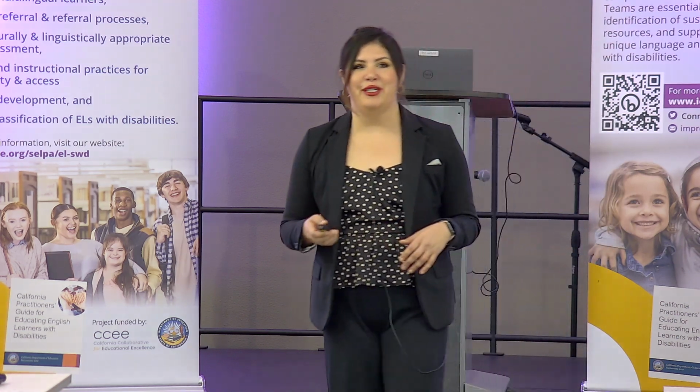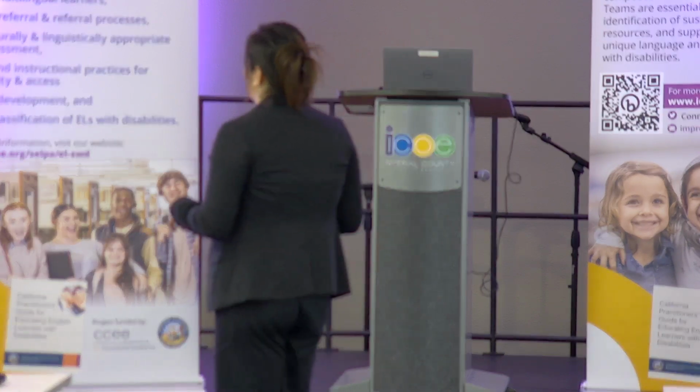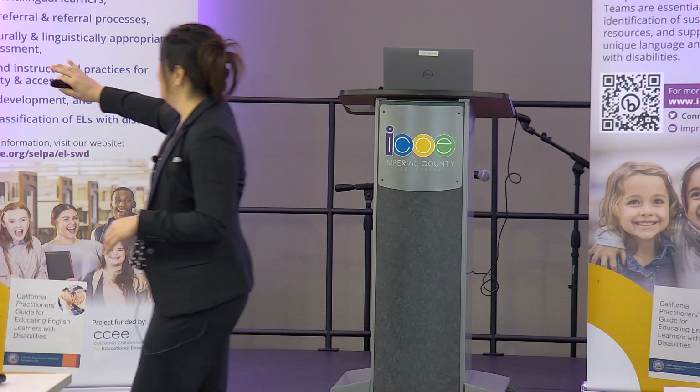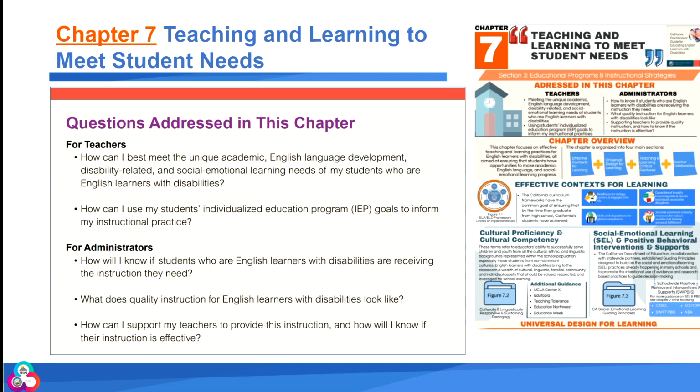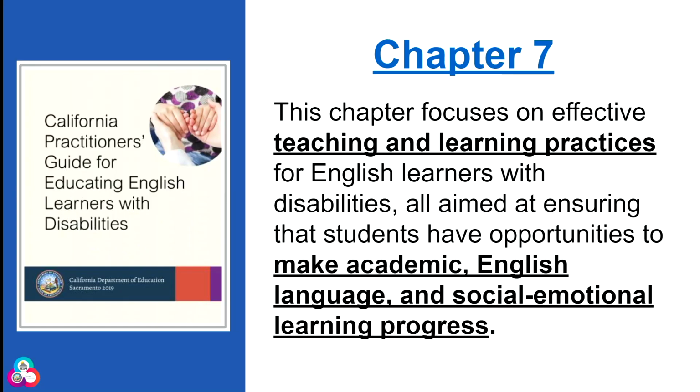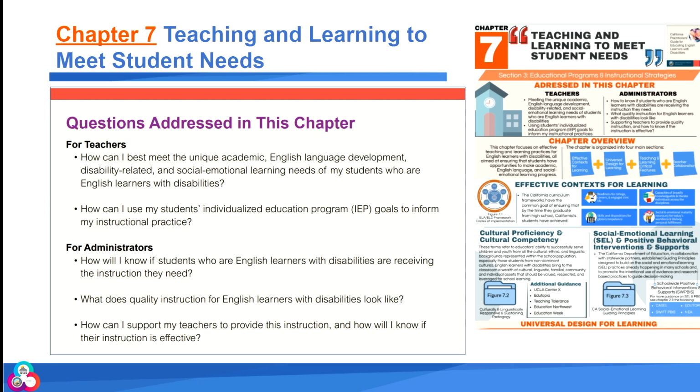We're going to start off with Chapter 7, again, part of Section 3 of our Practitioner's Guide. Chapter 7 specifically focuses in on all things teaching and learning to meet student needs. So here we're really tying it all together, from the development of that IEP for English learners with disabilities, to then looking at instructional programming as Lupita walked us through the different components, and now finally looking at it through the lens of teaching and learning, putting it all together. So we're looking at academic content, ELD, disability-related needs, and social emotional learning needs of our students who are dually identified. We're also looking at their IEP,